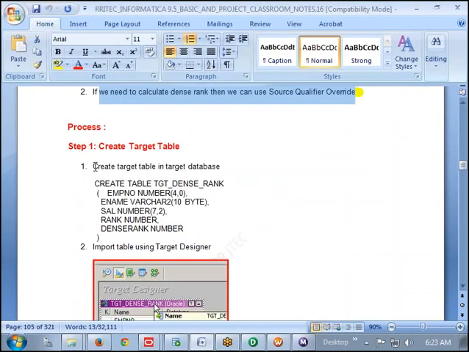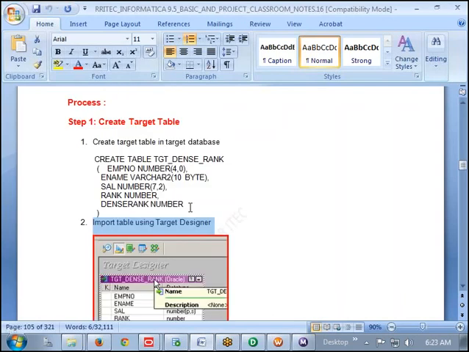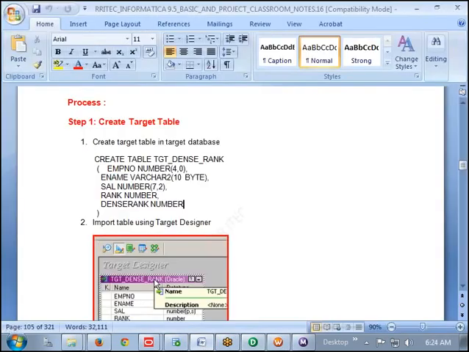Creating the table in the target database and importing the table using the target designer, everyone knows these two steps. Try to do it, Krishna. Take the script first. Take that script and try to execute it.